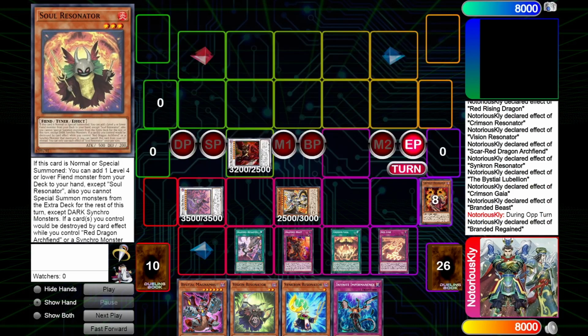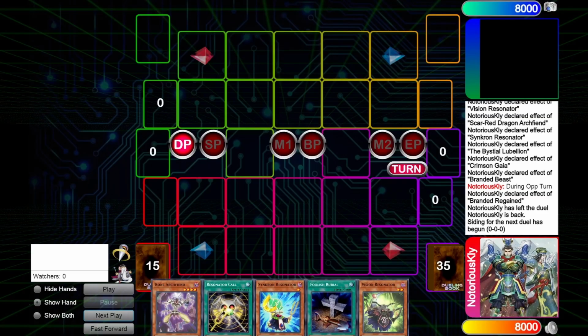That's about all I have for this combo. Let's move on to the next one. This next combo I'm going to show is a 1-card or 1.5 card combo, depending on what you open. If you open Crimson Gaia, it is a 1-card combo,